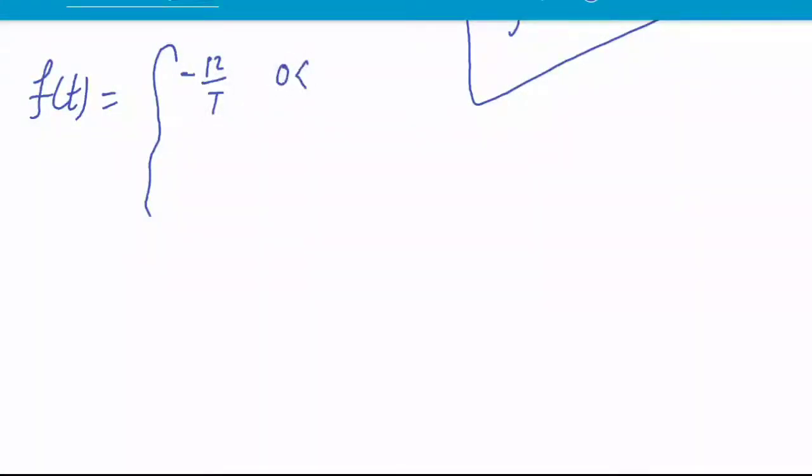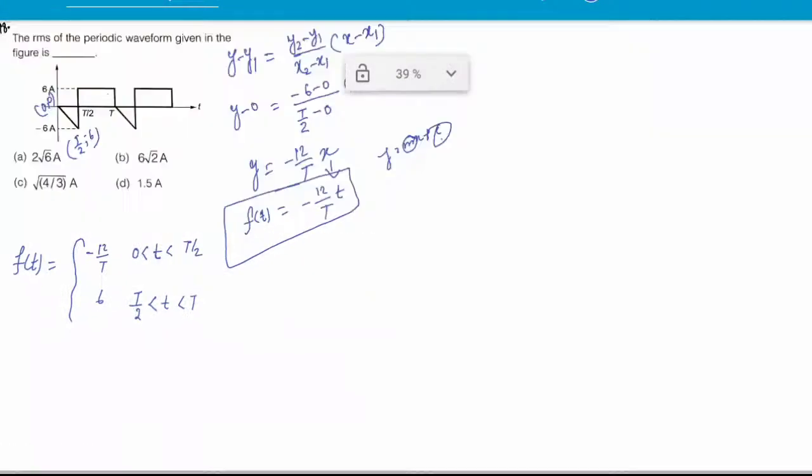And f of t I can write as minus 12 by T when t is from 0 to T by 2, and 6 when t is from T by 2 to T. For this one minus 12 by T, and for this one it is 6,